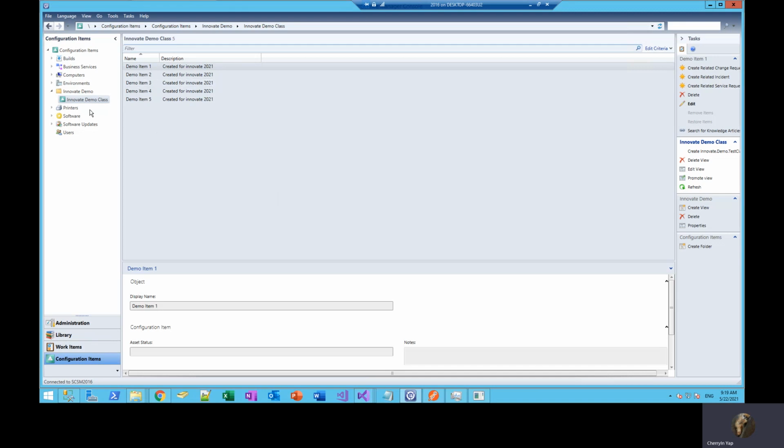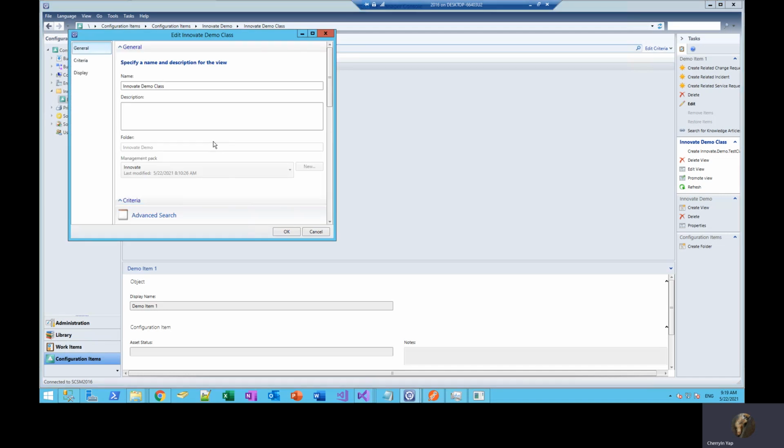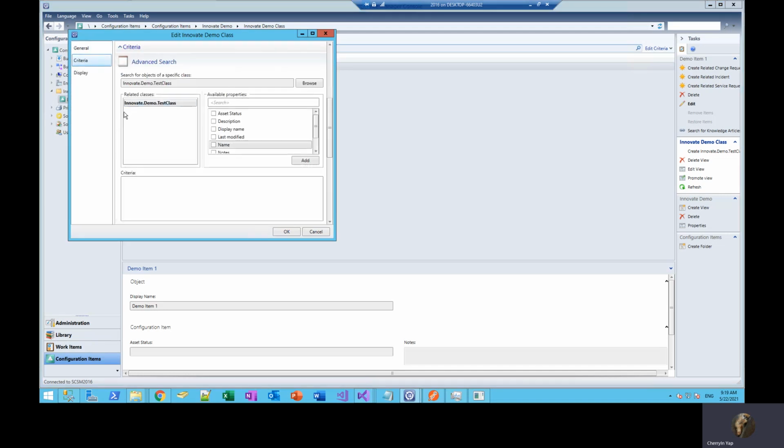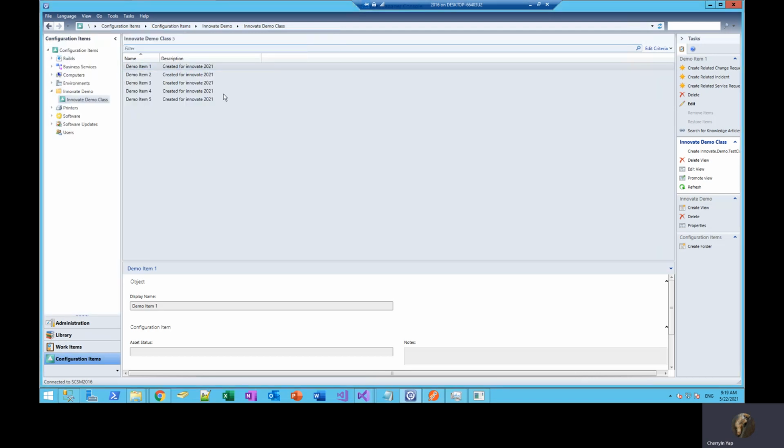I've already created or imported a custom class which inherits from a configuration item. I named this Innovate demo test class. Currently this has 5 demo data on it.